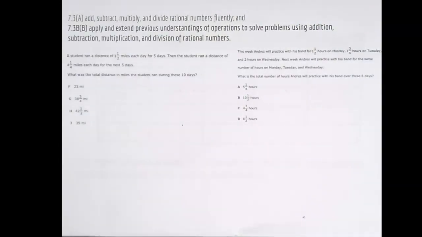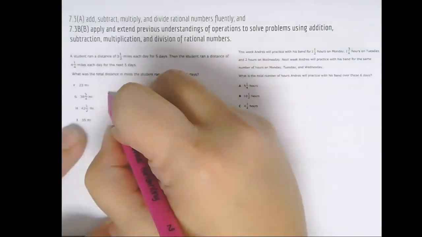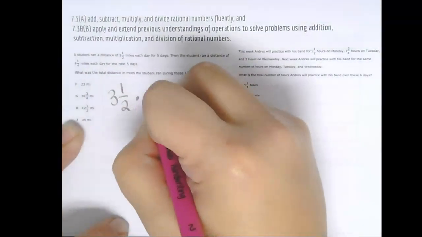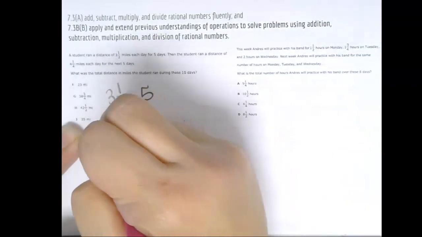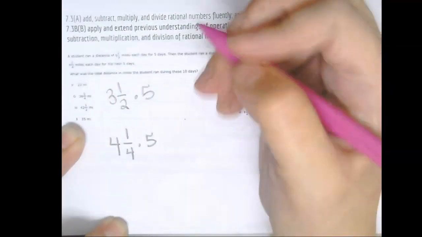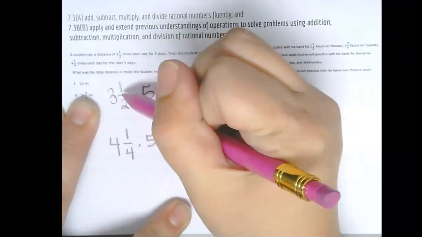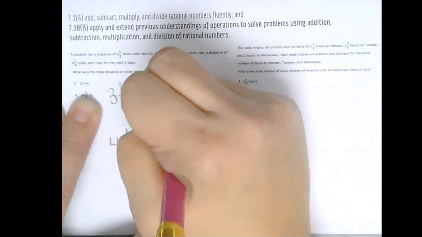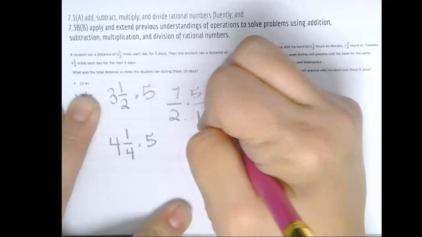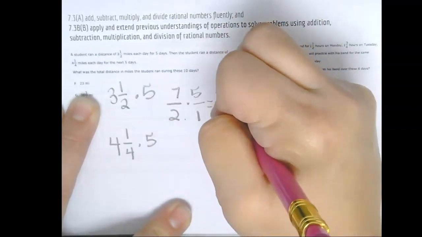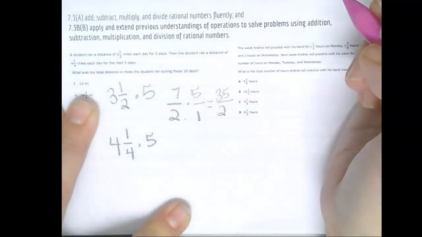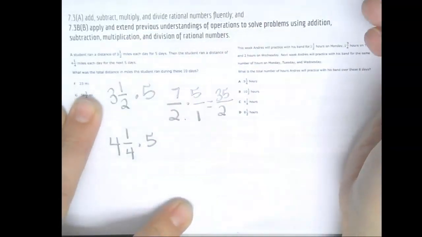Okay, so we have a student who ran a distance of 3.5 miles each day for 5 days. Then the student ran a distance of 4 1/4 miles each day for the next 5 days. So we have two different things happening. We have 3.5 times 5, and then we also have 4 1/4 times 5. So what I'm going to do is turn these both into improper fractions. So we have 3 times 2 is 6, plus 1 more is 7. So we have 7 over 2 times 5 over 1, and that would give us 35 halves, okay? Or if we simplified it, it would end up being